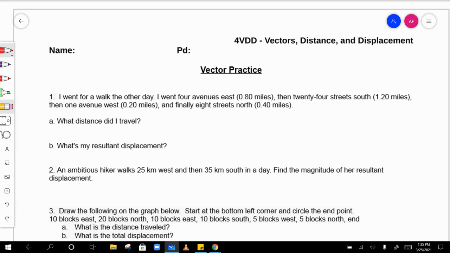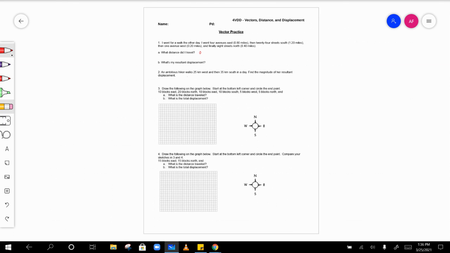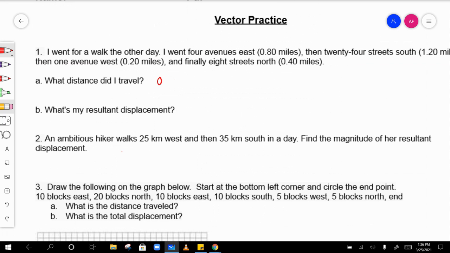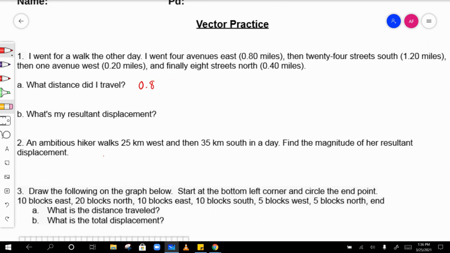All those distances are given to you. So what distance did I travel? I just add them all up. So 0.8 plus 1.2 plus 0.2 plus 0.4, and we get